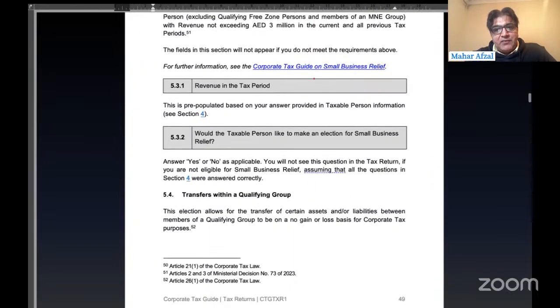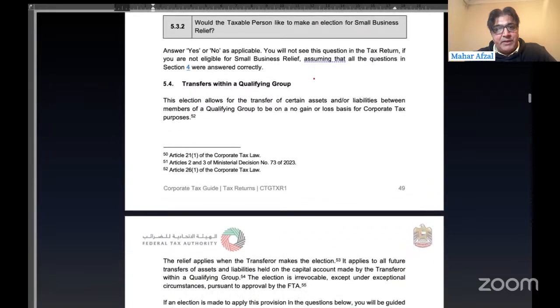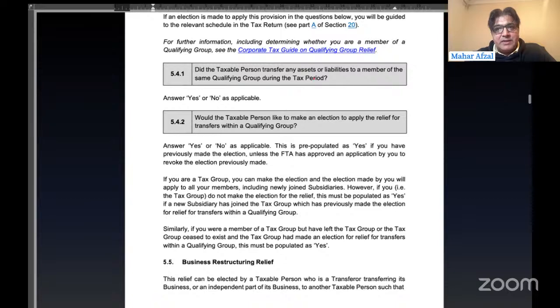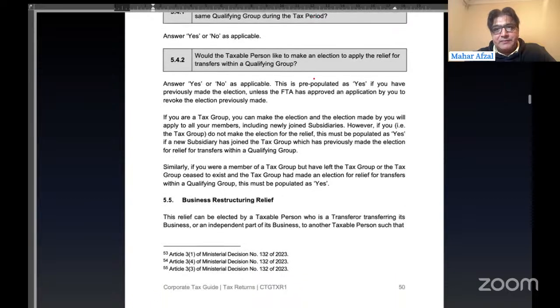Small business relief, I think we have already discussed so many times in detail. Assets and liabilities, election,